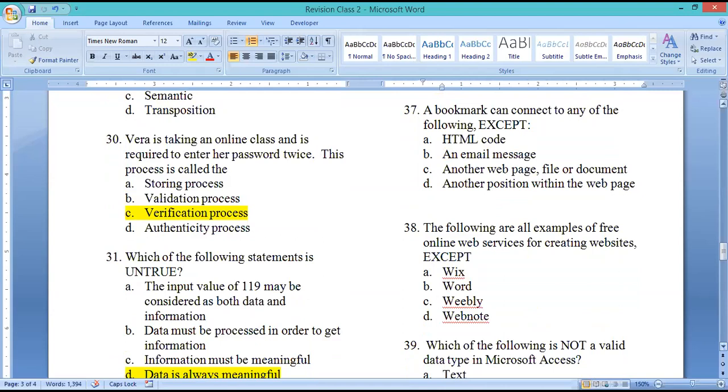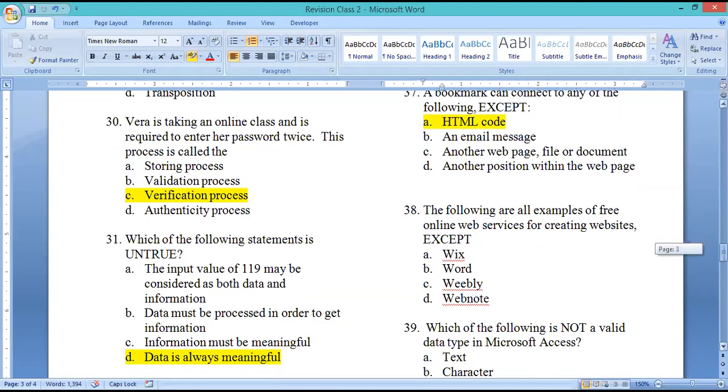B. An email message. No, you can bookmark an email. When you go in your email, if you want to bookmark something, you click on the star in the bars at the top to bookmark that particular email. HTML code. First of all, you can't even see the code because that is how you make the website. If you see HTML code, you shouldn't even bother reading the rest and answering, because that doesn't make sense.